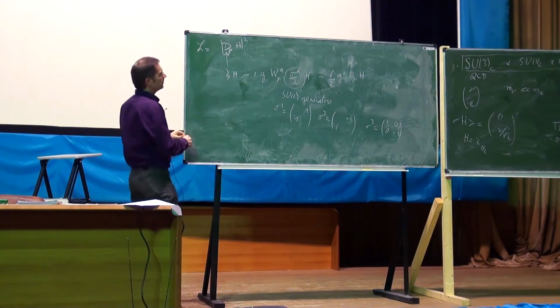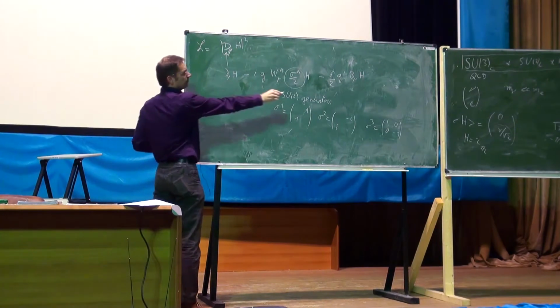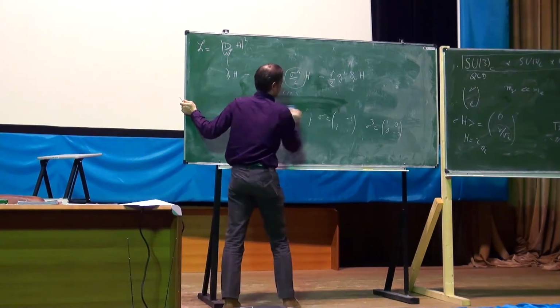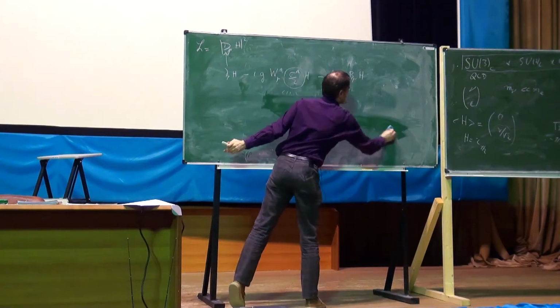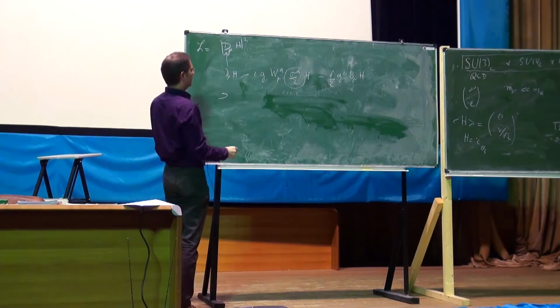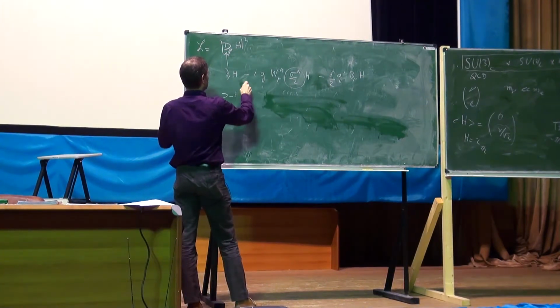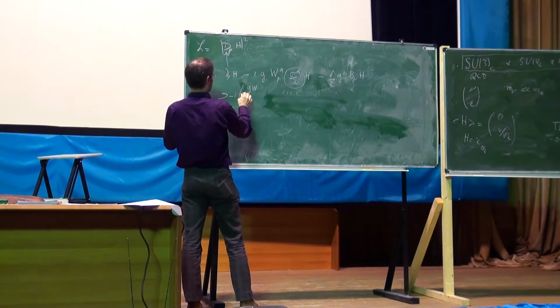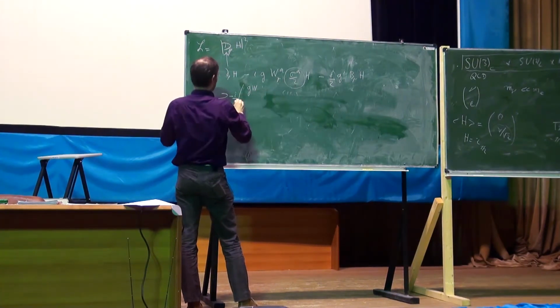So in the vacuum, you can replace H by its vacuum expectation value, in such a way that this kinetic term actually contains something like minus i g W3,